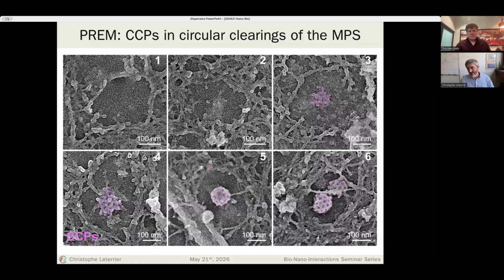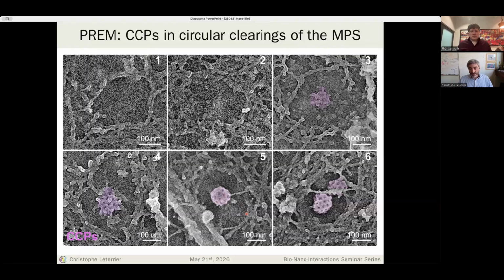So that's why we called it a clearing. The clearing is this circular structure of about 300 nanometers that is devoid of the spectrin mesh, and in the center you have a clathrin-coated pit. And the path here is actually an actin filament. Every time you will see an actin filament connecting from the periphery to the center of the clearing and